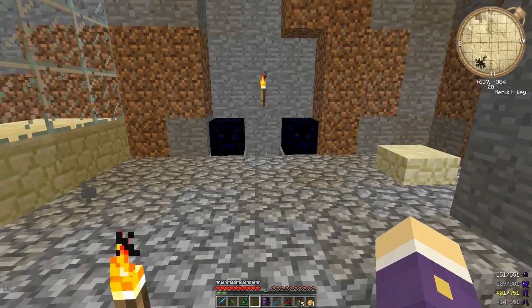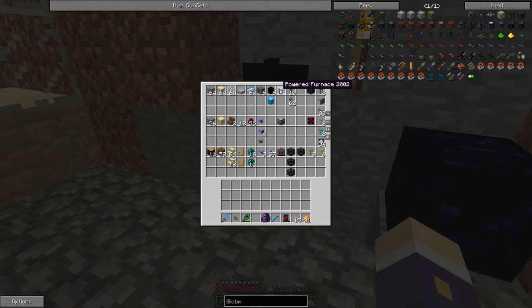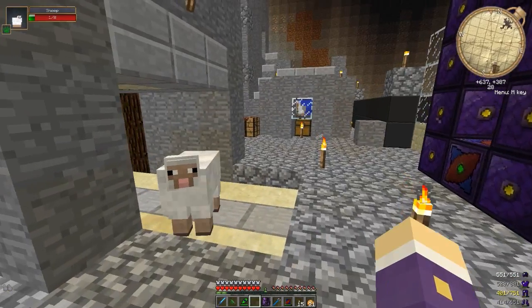One of the things that I'm going to need to do is sort out copper and tin. Oh, I've got another powered furnace, that's nice. Induction smelter, that's good. But no pulverizer, so I need to...